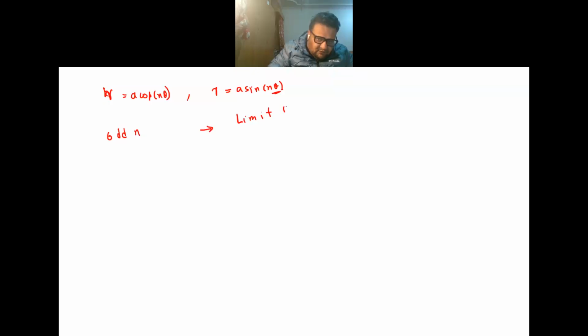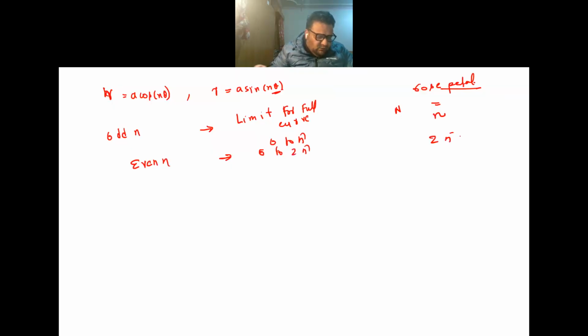Limit for the full curve, because of the odd symmetry over there, is 0 to π. And this can come as a rose petal problem, the number of petals of a rose. Here the number of petals would be equal to n. If n is even, then the limit would be 0 to 2π, and the number of petals will go to